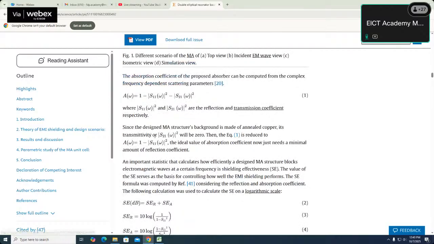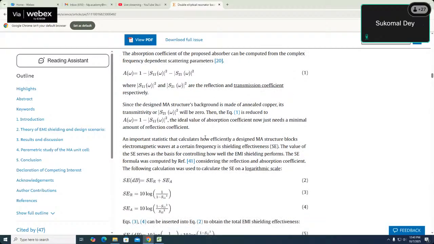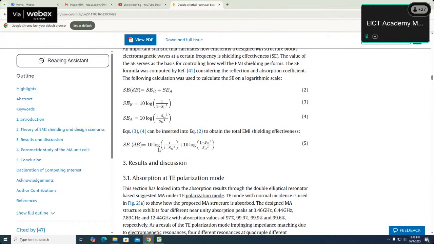That's why he is saying S21 will be 0. The transmittivity, or S21, will be 0. That is true. Okay. Correct. Now this is the complete equation for this shielding effectiveness,